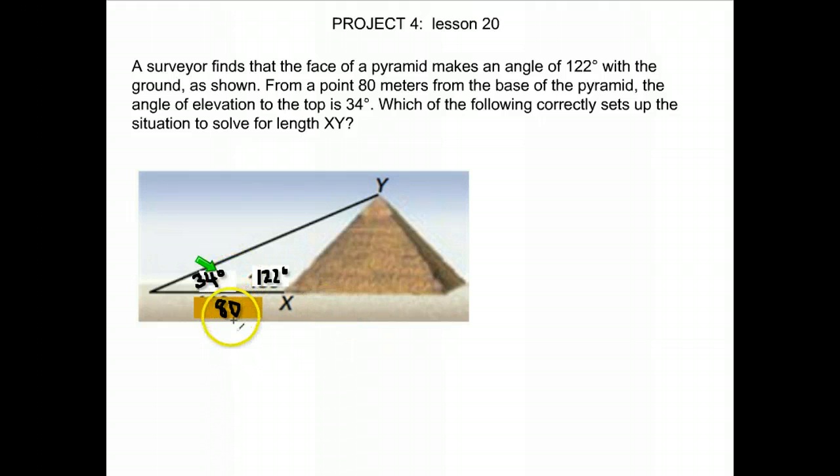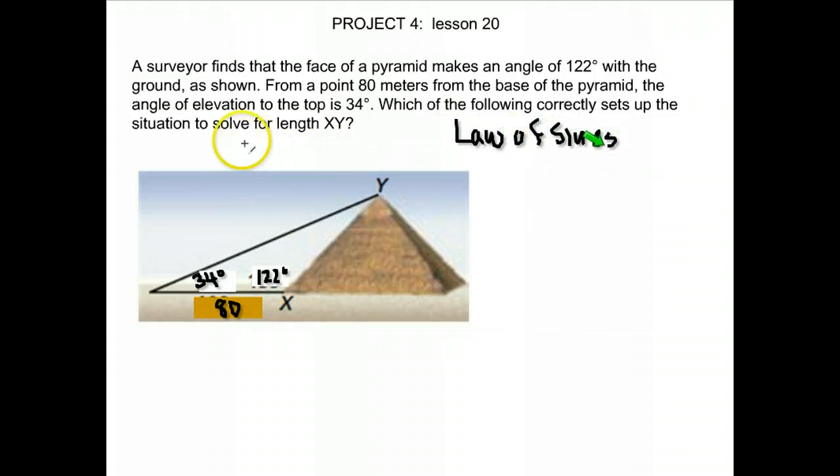Okay, so when faced with this situation, the first thing you would say is, well, it's not a right triangle, so I cannot use Pythagorean theorem. I can't use my trig ratios. Okay, but I could use either the law of sines or cosines. Which one do I use if I have two angles and the side between it? Well, anytime you have more than one angle, you automatically know you need to use the law of sines. Okay, for cosines you either have no angles or just one angle. So I know that I need to use the law of sines,